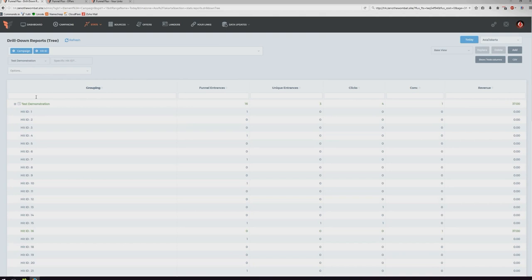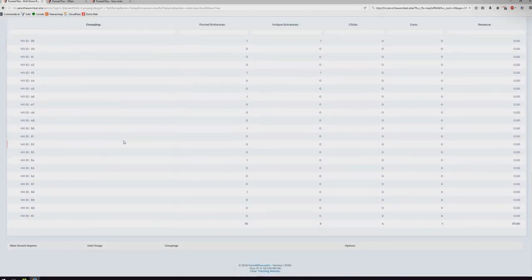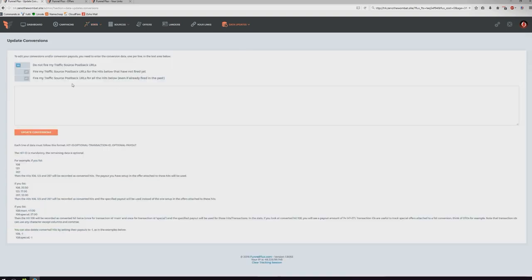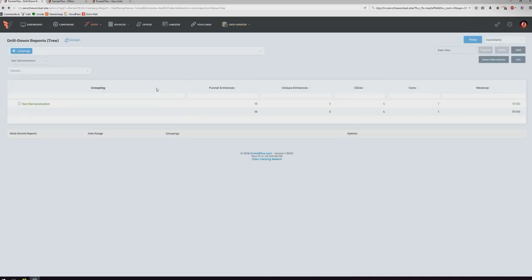I mean, what would you do if you saw all these conversions being fired by a certain browser, by one IP, by a person who's actually logged into Funnelflux and so on? If you really did want to do that, all you would do is go to update conversions. You can then put the hit IDs in here. So you can put, say, 12, 3, 13, 17, 19, and update. And then if you were to go back to those stats, then you would see once it updates,